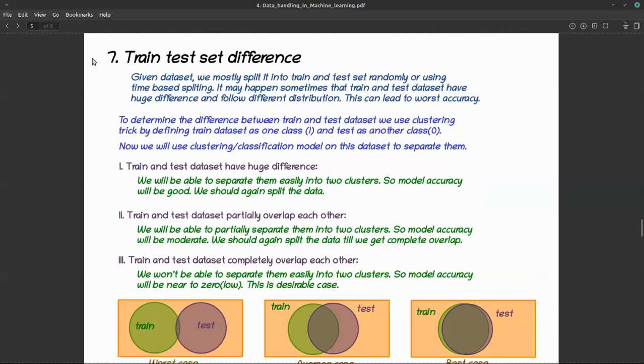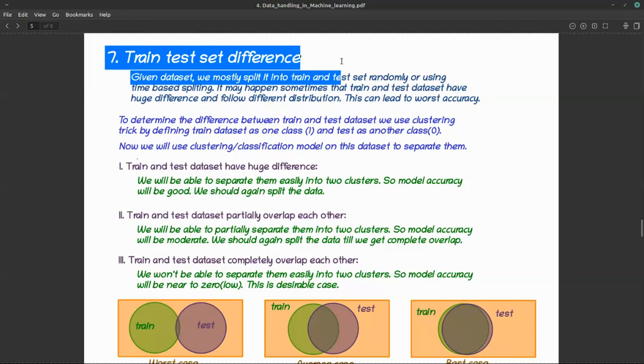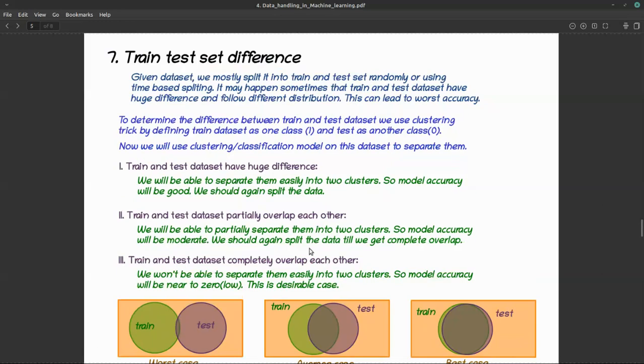What is this train test set difference? This all will sound like theory, but believe me, my first model that I was trying to build just a month ago, that fish classification, I had this problem. I had a very small data set, just 160 points. If I split randomly, it's possible that some types of fish were in train and not in test. So my model was making all the mistakes for that fish type, right?